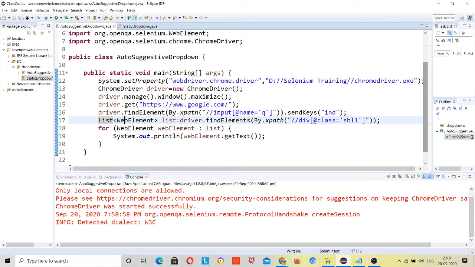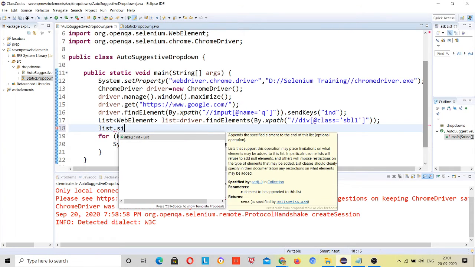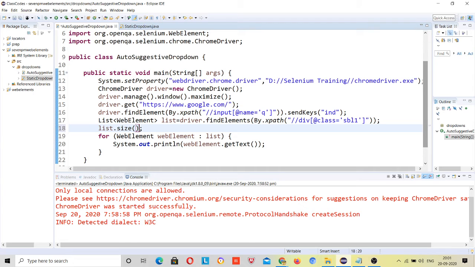Suppose I want to print this list dot size, sys out. Now I'll run this code.